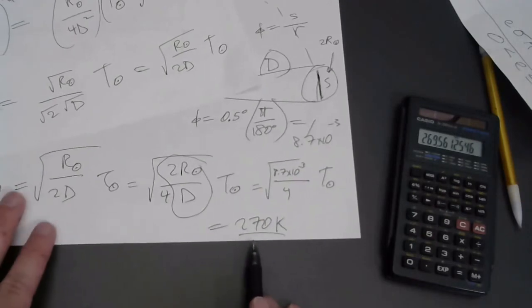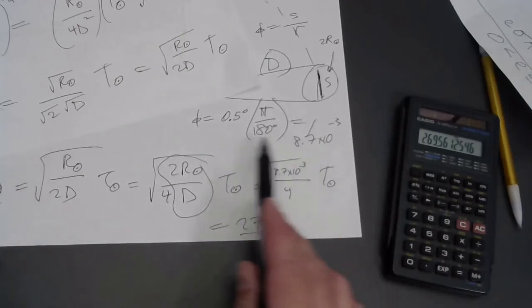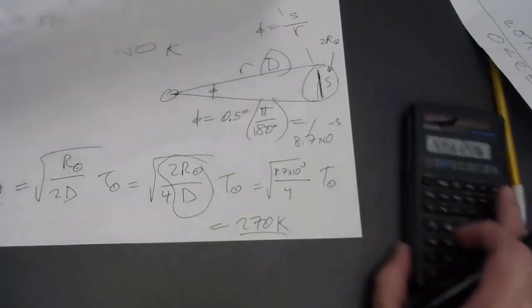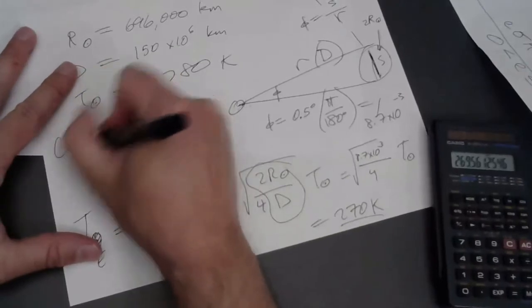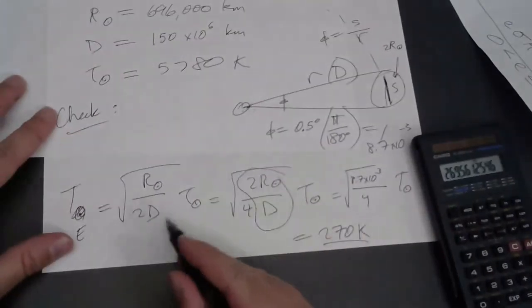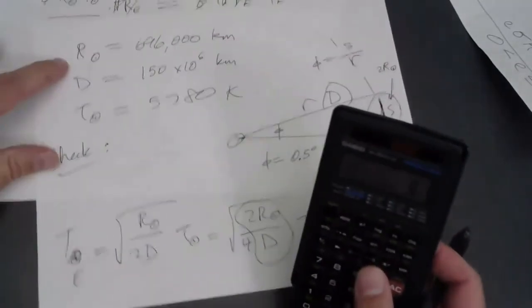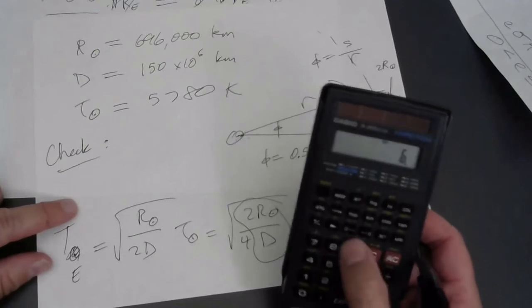And you know what? That's actually not a great value. It's ballpark correct, but I think I must have rounded considerably with this half a degree. I just wanted to show you that that worked. Let me go back and just plug in actual numbers here. So as a check, I'll just use this formula directly and plug in the numbers that I've written right here. So 696,000 kilometers,